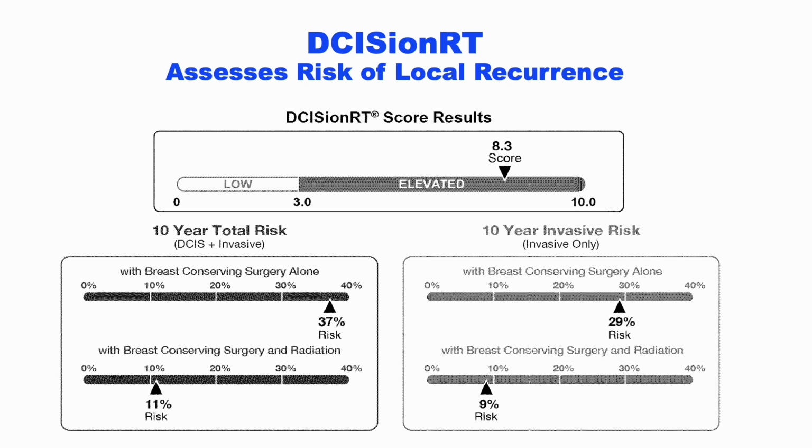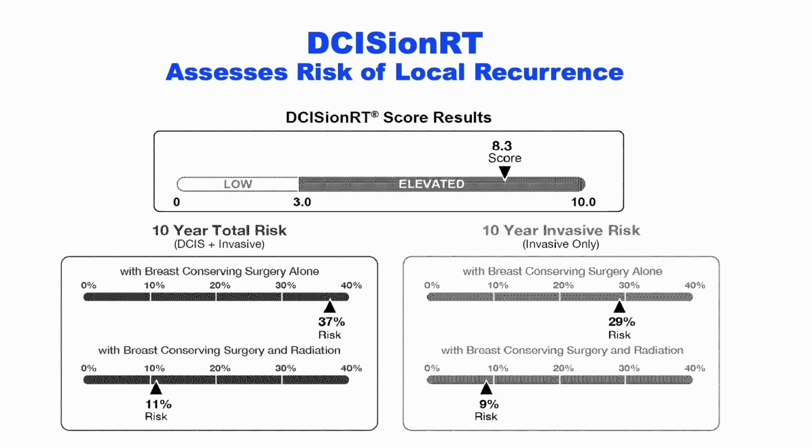The slide also shows the 10-year risk of invasive breast cancer with or without radiotherapy. So you can estimate the overall rate of recurrence, regardless of whether or not it's invasive or DCIS, or if you're only interested in looking at the risk of having a recurrence of invasive cancer, again, that's separated out, and you can look at that in the lower